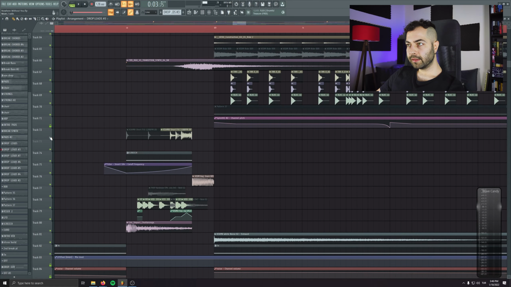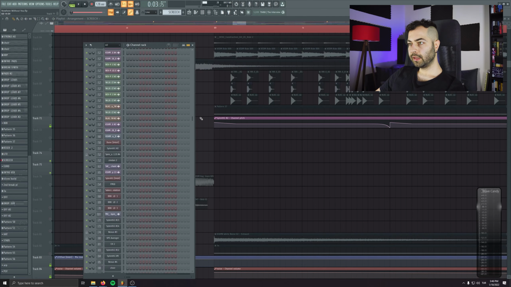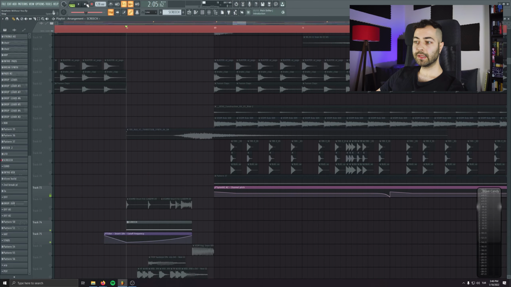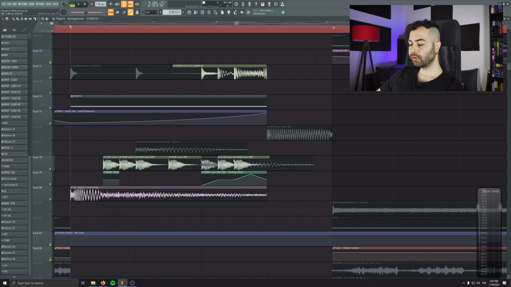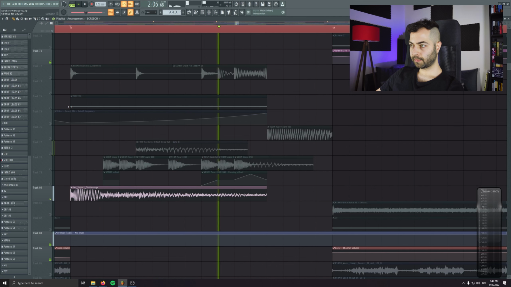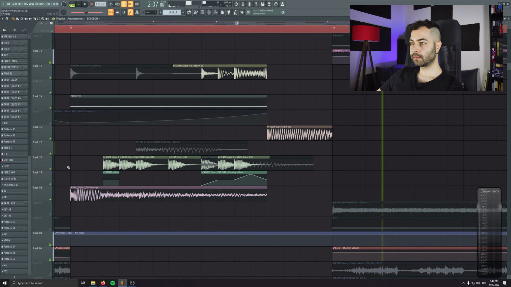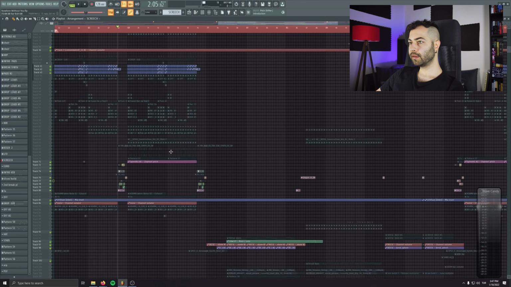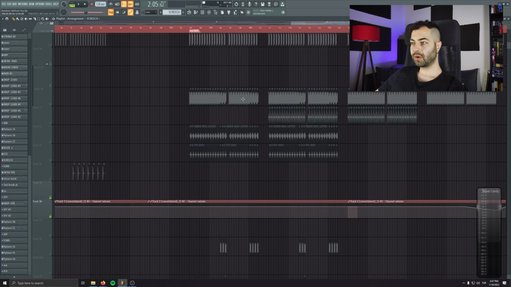Oh yeah, the mid drop fill, we have this sound. I think this is one of Max's sounds. We have this sound and we are filtering it in with some snares. There are panning automations, so the snares go left and right. We have this sound to fill the low end, and that's all for the fill. And I think this is it for the drop. The second drop is basically the first drop with more drum variations.